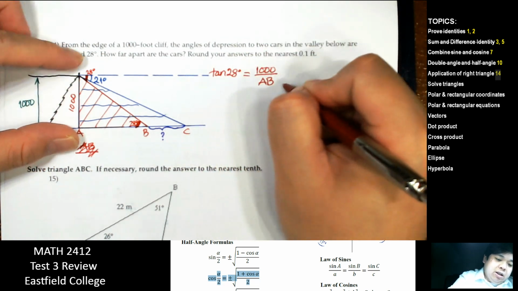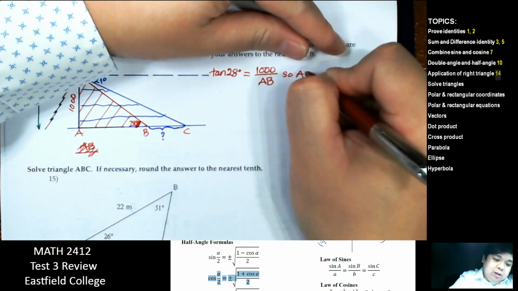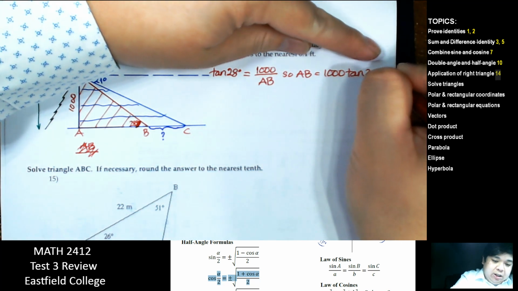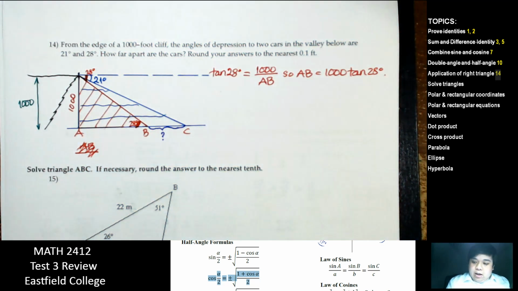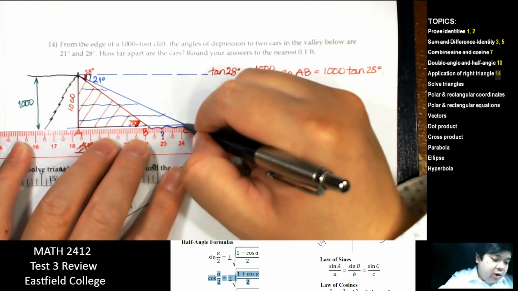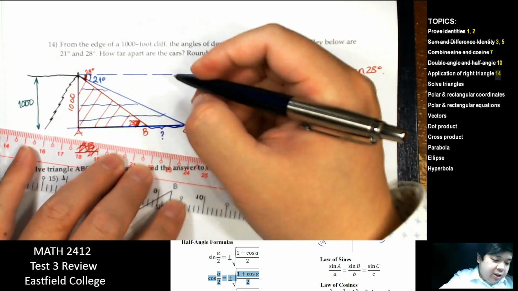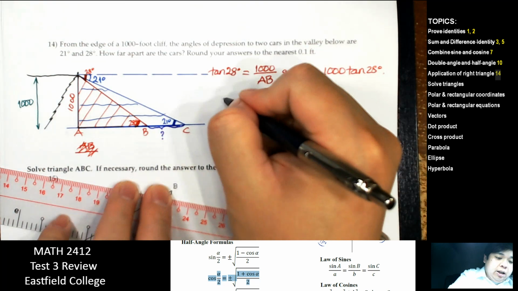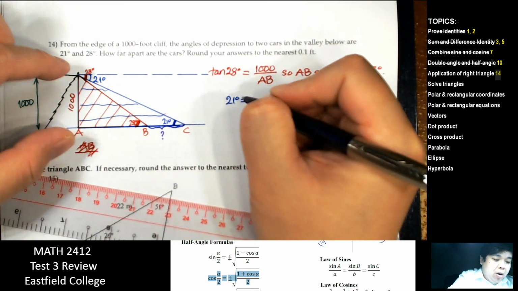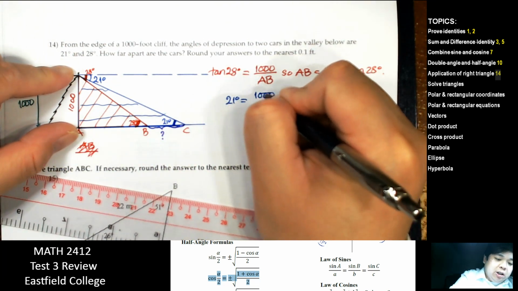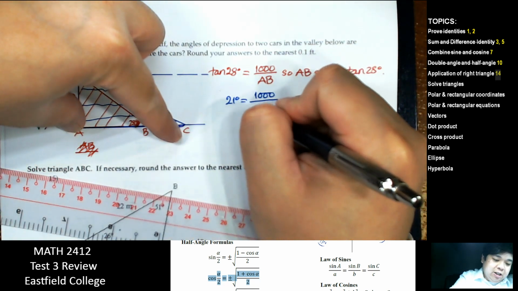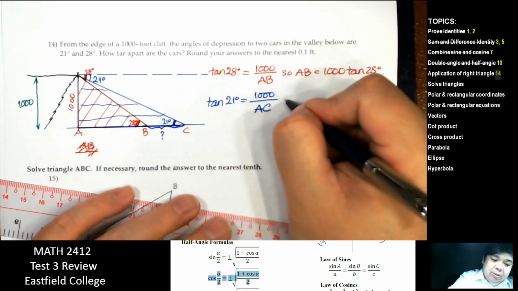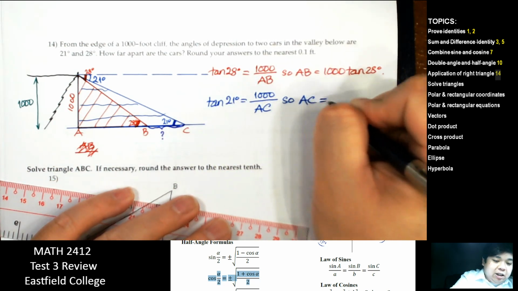So we have AB is equal to 1000 tangent of 28 degrees. Now we look for the one in blue, the big triangle. That is 21 degrees, so this is 21 degrees. And again we have opposite, also 1000, over the adjacent, and that is tangent. So we have AC is 1000